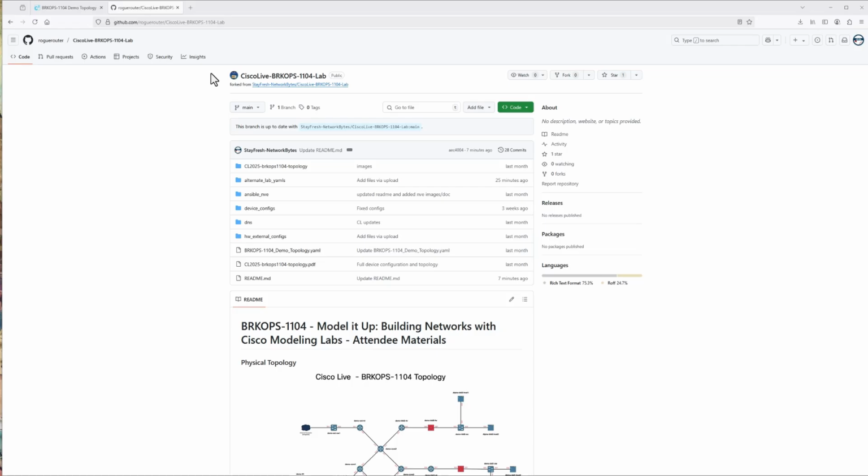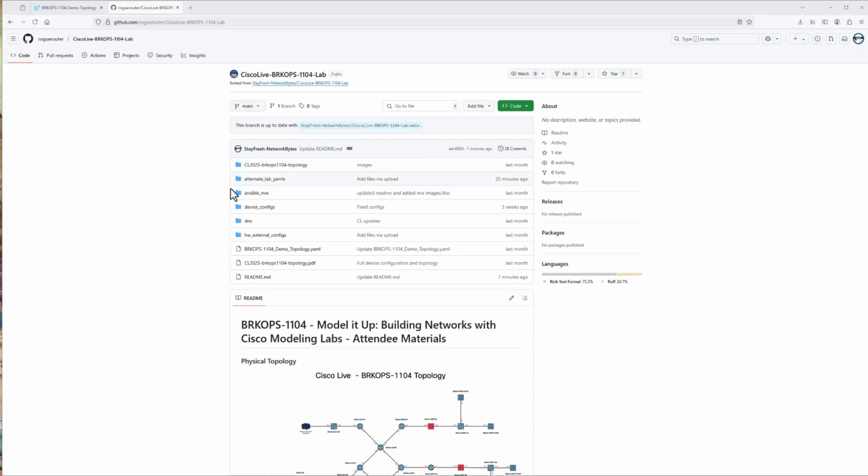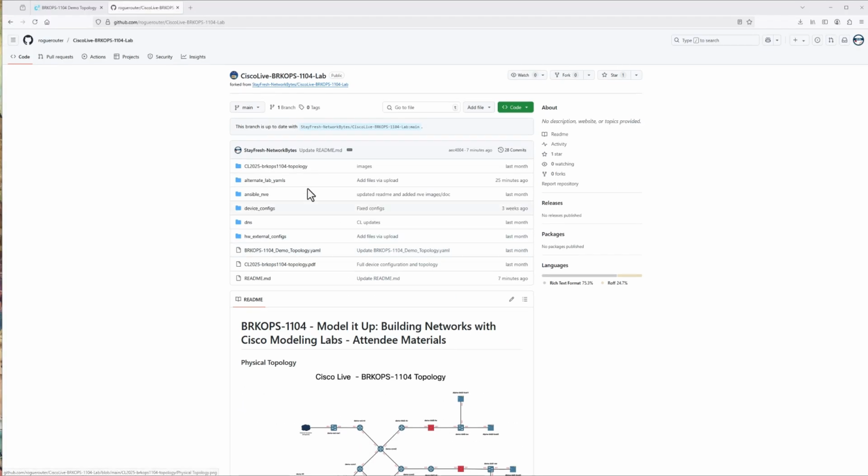What's up, everybody? I want to do a quick overview of the lab that I designed for Cisco Live and just kind of go through some of the features and capabilities and things you can do with it. It's a very extensive topology. I have some diagrams. They are located on the main page, kind of shows the physical topology, which matches what